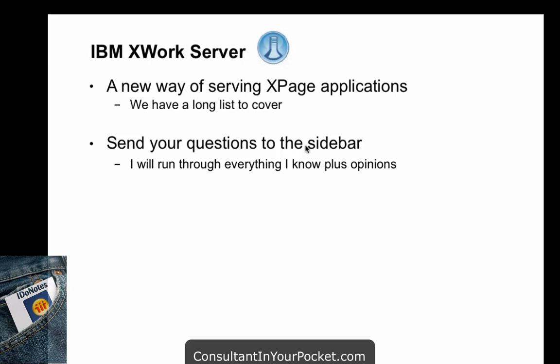Now here's the cool part, if you're paying attention. If you don't want to use a local database that takes part of an application, you are licensed and allowed to call remote data. Meaning I can call data from another Domino server, from SQL, I can use LEI, I can use DEX. You can call remote data as part of this. So now you have to have a license for anything else you run, SQL or LEI or whatever. But the point is on the XWork server, XWork says you're allowed to call remote data as part of your